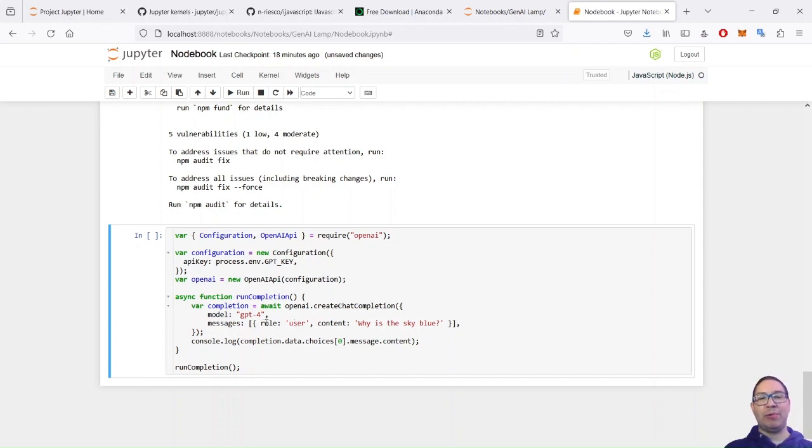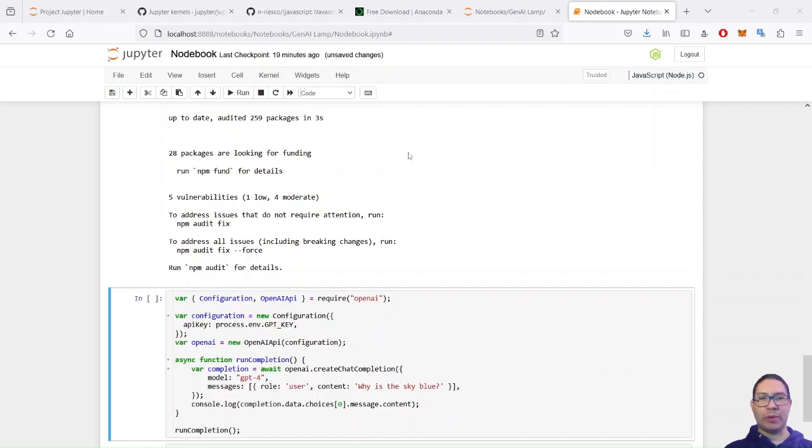It's a very basic one, just one message of type user, and the question is why the sky is blue. Then, because I'm in asynchronous mode, I wait for the answer from the model and navigate within the returned object to display the result. All right, now let's run this code.